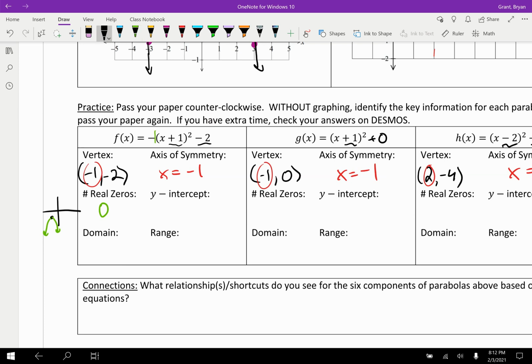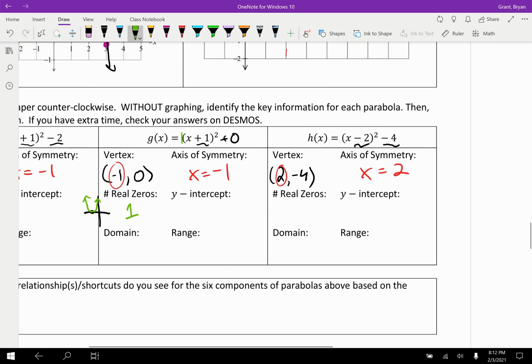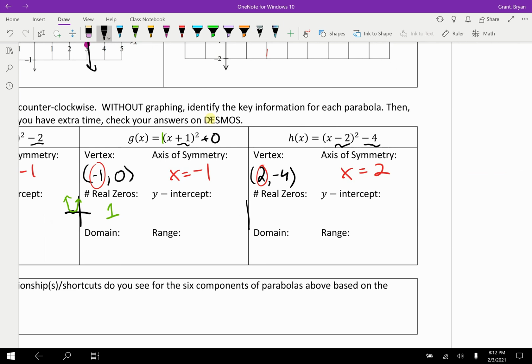All right, our second one, I bet I can even just sketch a nice little graph using this piece right here. The vertex is -1, comma 0. That's on the axis. My a value is 1, so my graph has its vertex on the x-axis and goes up. I only see one real zero there. Last but not least, we'll use this one more time. Our vertex is 2, -4, that's the fourth quadrant. And our a value is 1, so our graph opens up. I see 2 zeros here. Just by showing that nice little graph, just super, super small, we can get a really good indication of